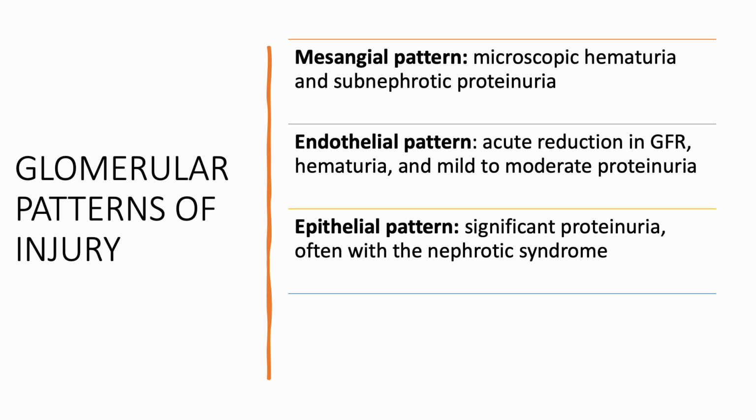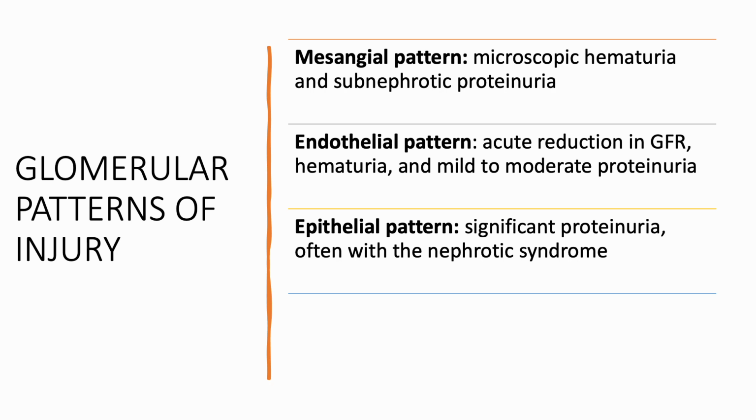Endothelial pattern, like you see in lupus, like you see in vasculitis. Here you have acute reduction in glomerular filtration rate. You have hematuria, can be gross or microscopic, and proteinuria is usually not nephrotic, okay? It's mild to moderate. If you have an epithelial pattern of injury, this is something that is going to affect